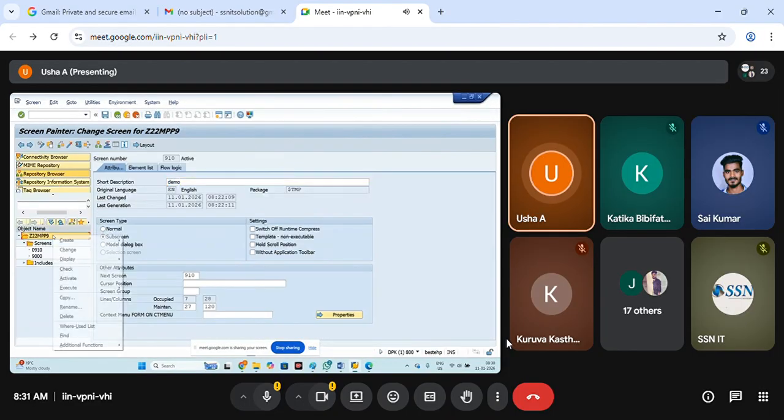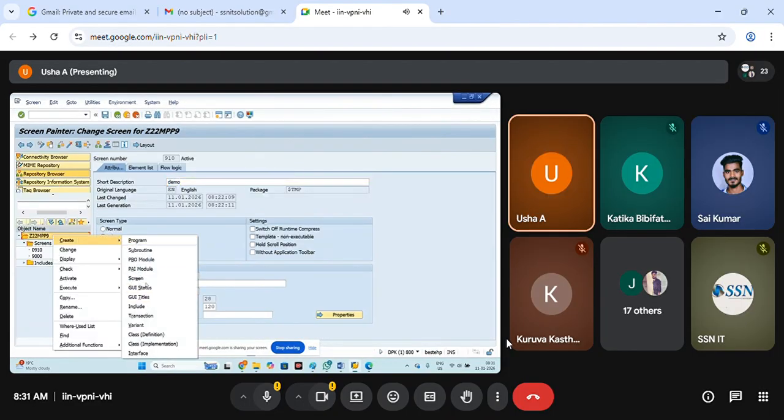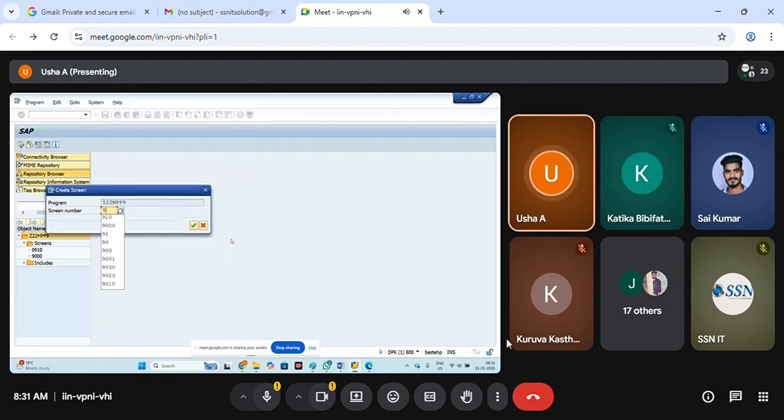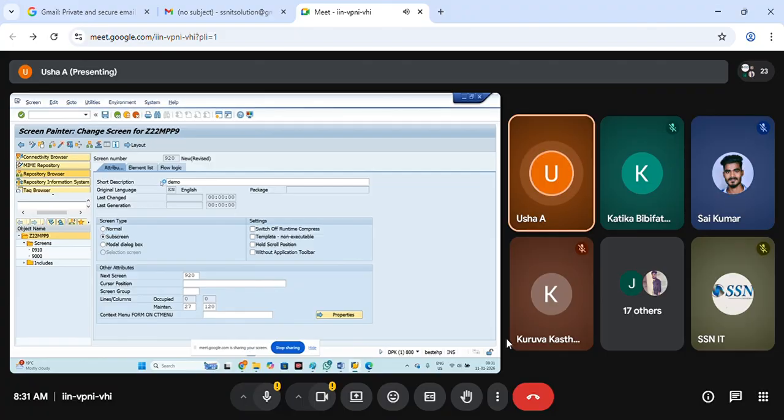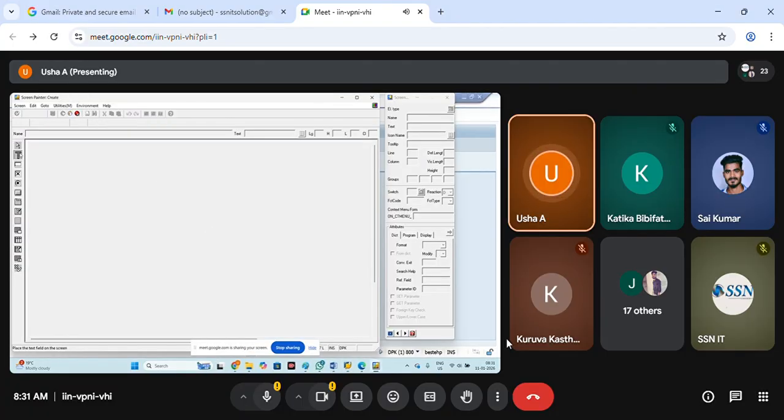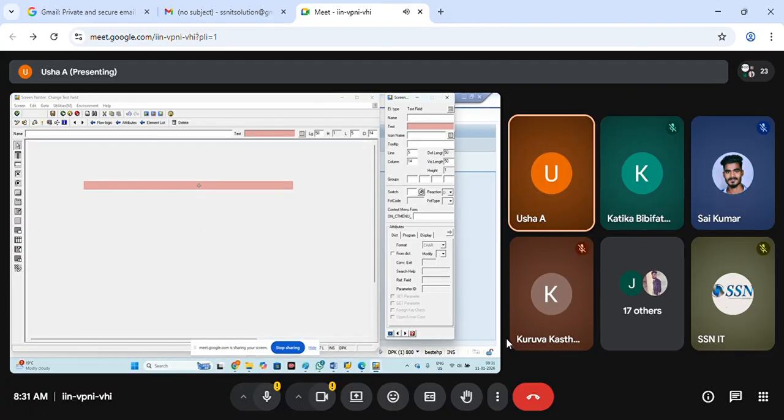Then right click and create one more screen, 920, and choose it as subscreen. Go to the layout, use the text field T1, elements list screen, then activate it.